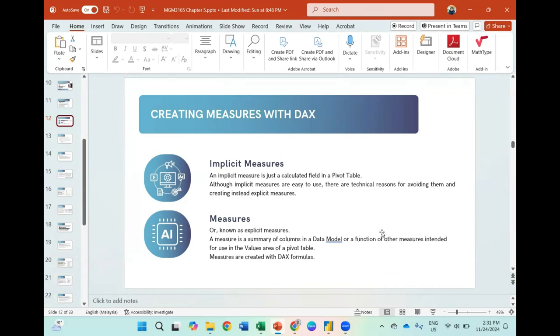Another way to calculate is using explicit measures, or functions in Excel or Power Query; we call them just measures. Measures refer to explicit measures, only a formula or calculation that you can use later on, but with implicit you have a new calculated column.